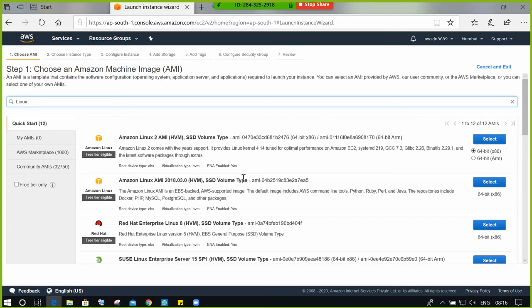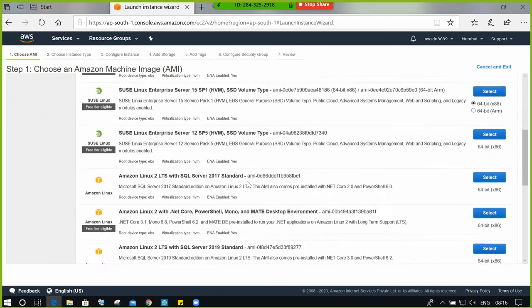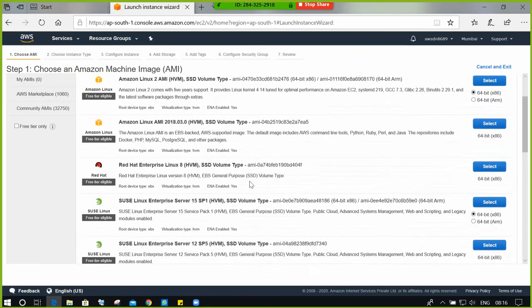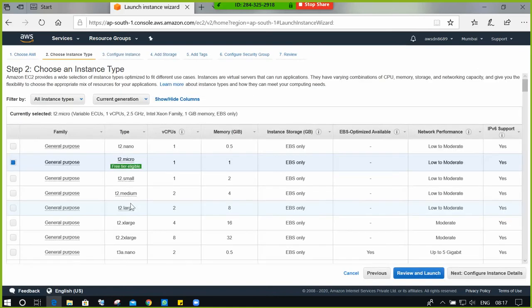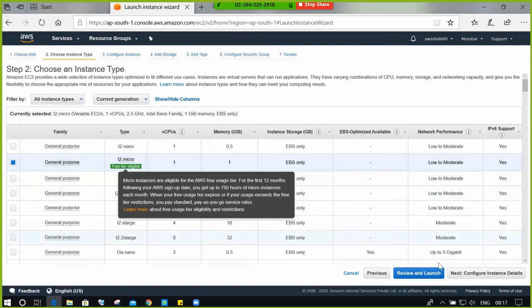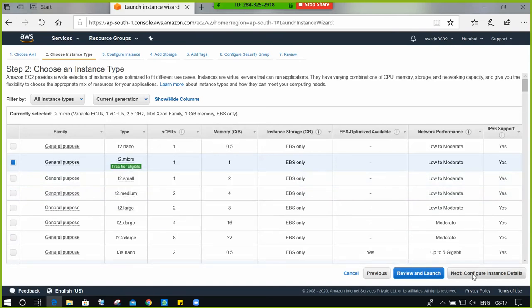A list of Linux operating systems will be shown, and you can select anything you want. For example, I will select the first one, Amazon Linux. As usual, the instance type is T2 micro, and click on next.